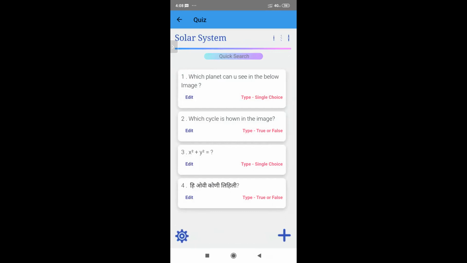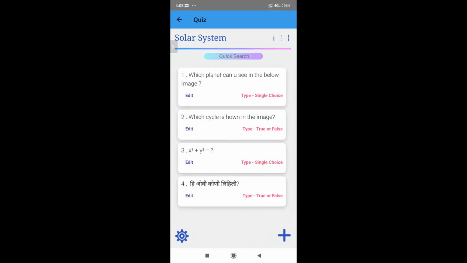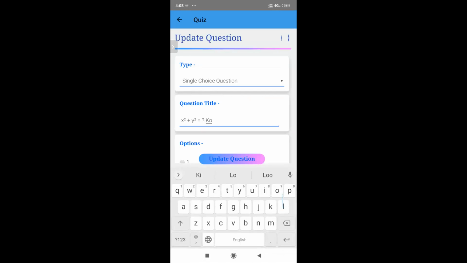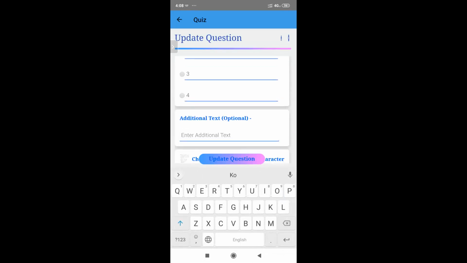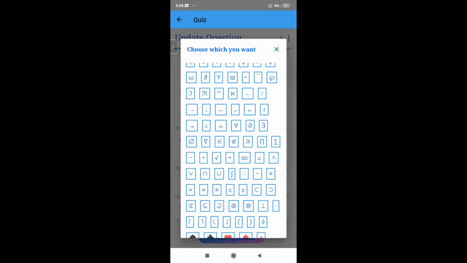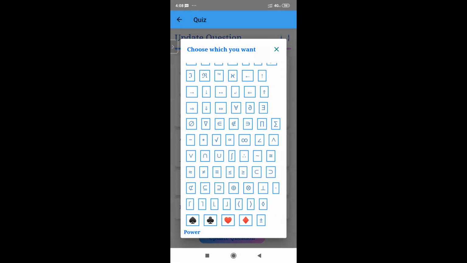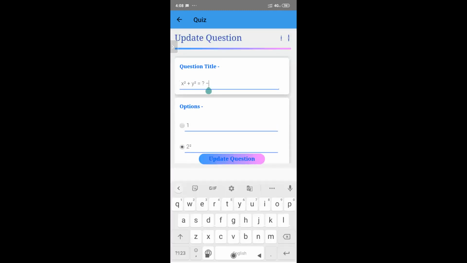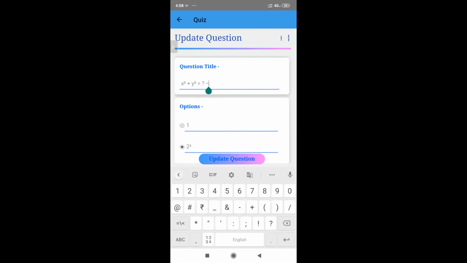Monica ma'am, for fractions, you had shown one particular exam question. Can you tell me a particular fraction you want? I'll show you one example. I think I can add one.